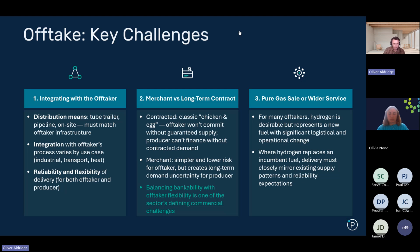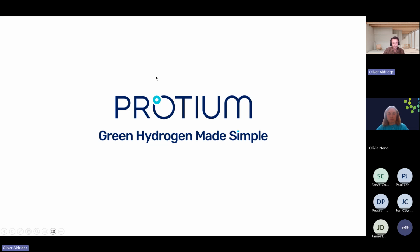So I guess to conclude that, the key points are: what is the key challenge in order to deploy a successful green hydrogen production facility? It's essentially aligning the four key variables at opposite ends of the supply chain, and getting them to find the sort of magic spot where